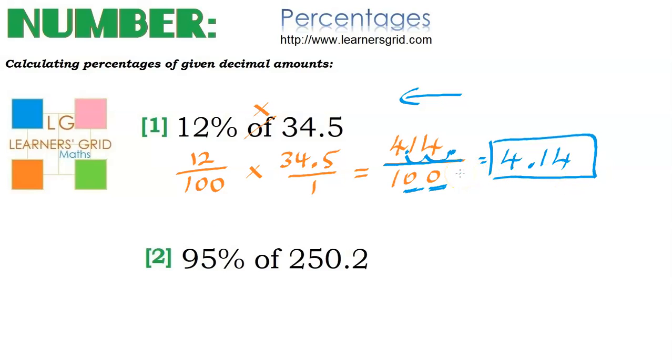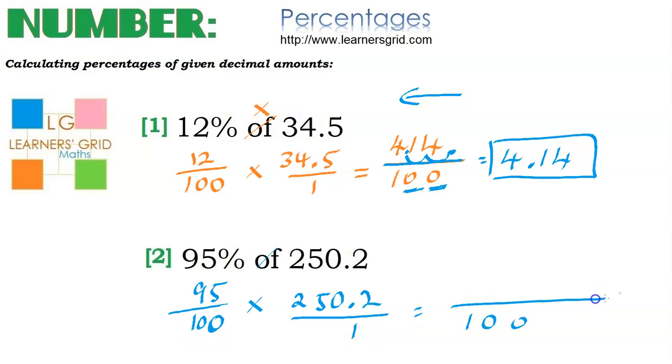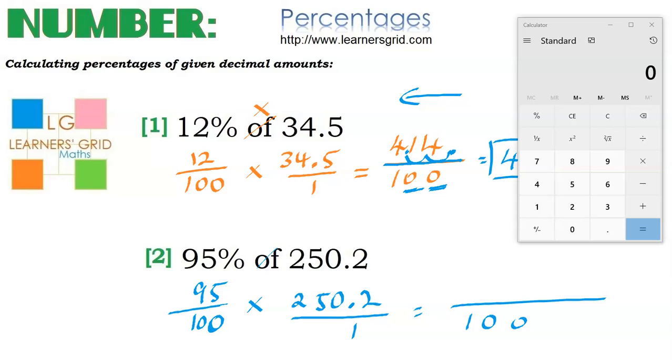Okay, so we'll do the same down here. 95%, convert it to a fraction. So 95 over 100 of, well, that means multiply. Let's make that an actual 0, sorry about that, multiplied by 250.2, and we'll put it over 1. So 100 times 1, well, that's easy. Okay. Yep, so at this point I'll use my calculator again, so 95 multiplied by 250.2, and the answer there is